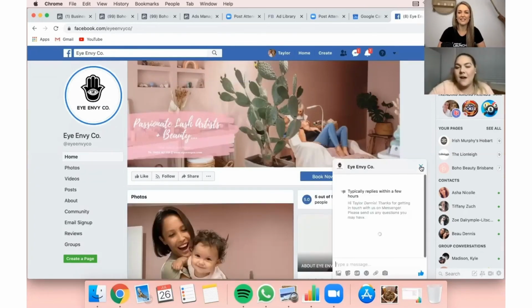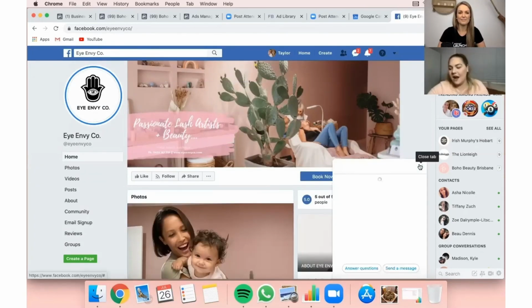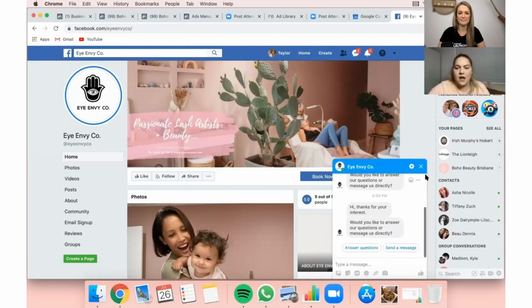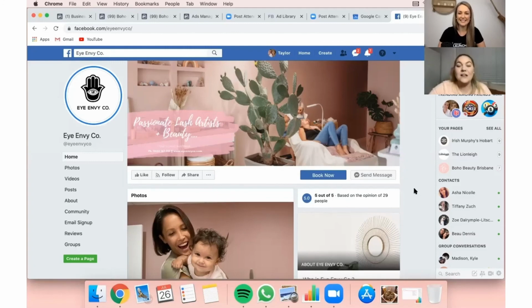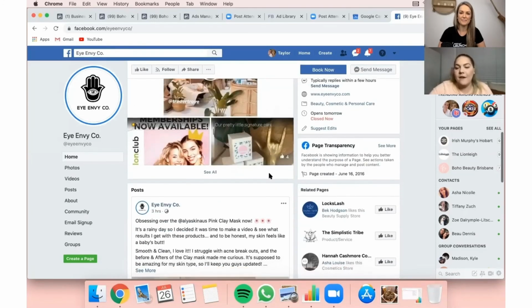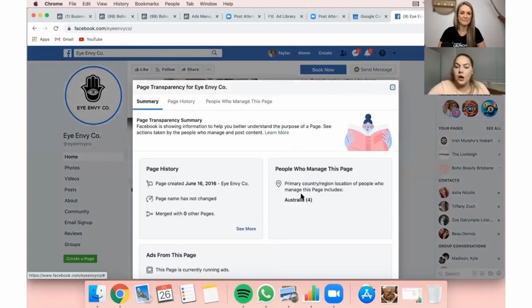But this is a company that I admired. I loved their style. I loved their branding. As you can see, I've looked up their page several times, and I really thought they were doing incredible things in the industry that I'm in. So I wanted to have a look and see, hey, are these guys running any ads? Is there anything that I could learn from these guys?